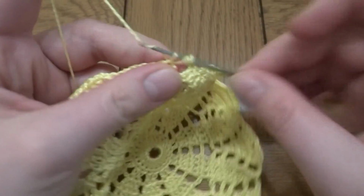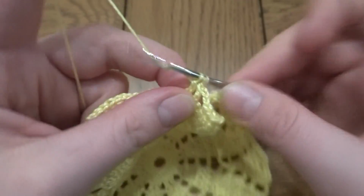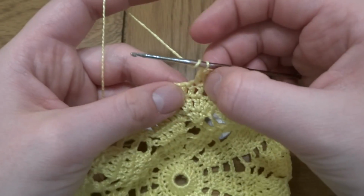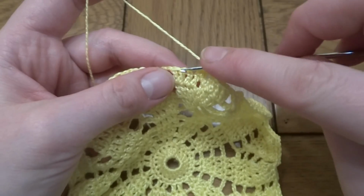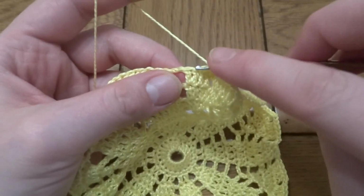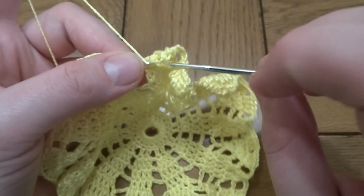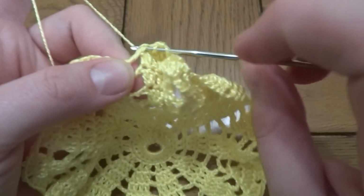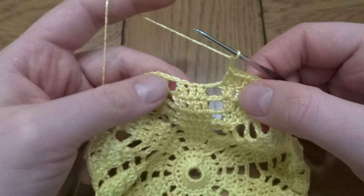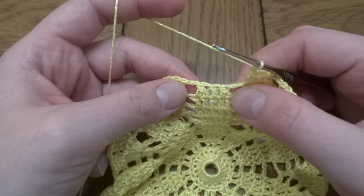double crochet in each stitch, 1, 2, so into the next 2 stitches, 3 stitches, double crochet, and into the fourth one 2 double crochets in one stitch, 1 and 2. Chain of 2, 1 and 2, and now into the first stitch, into the first 2 stitches we have to work,